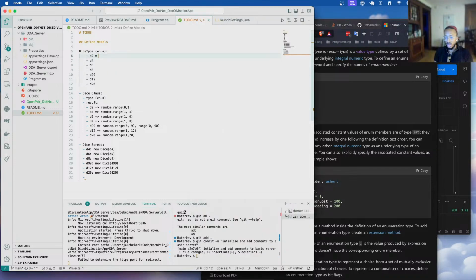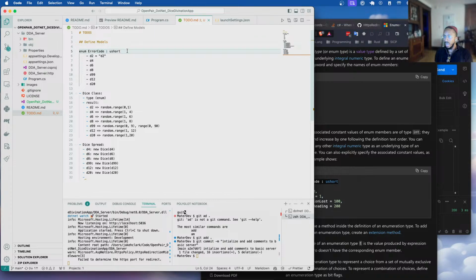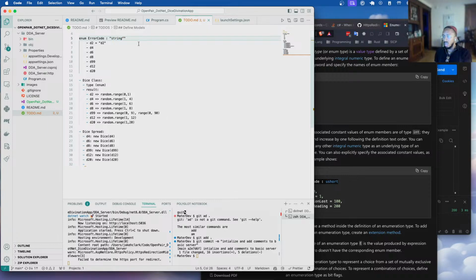I'll just do the first one just for representative purposes, but I'm going to take this, put this here like that. And these need to be enums of strings. Okay. So I got the dice class, which will have enum type, and then the results will be